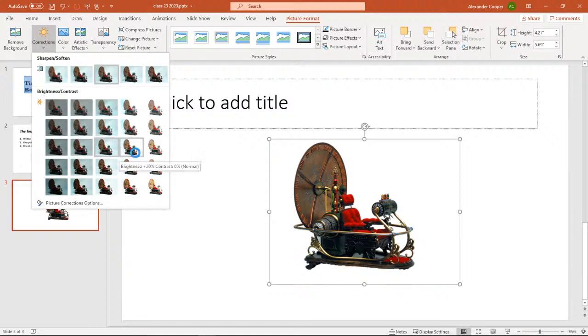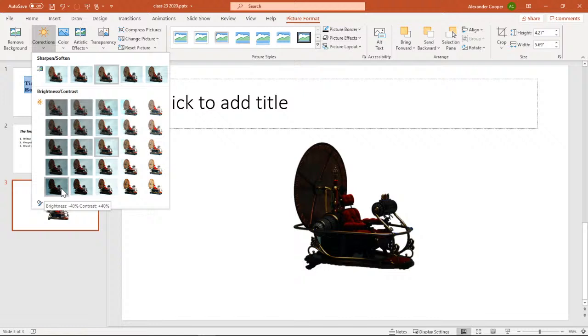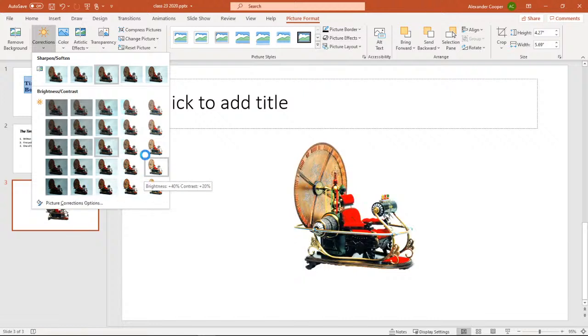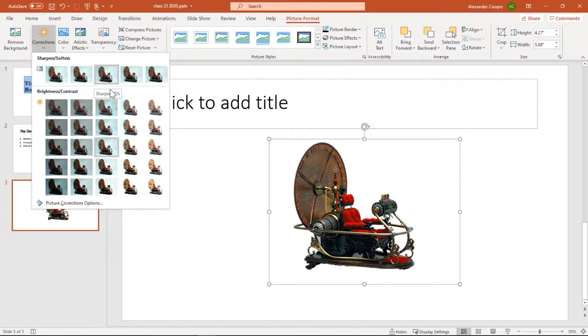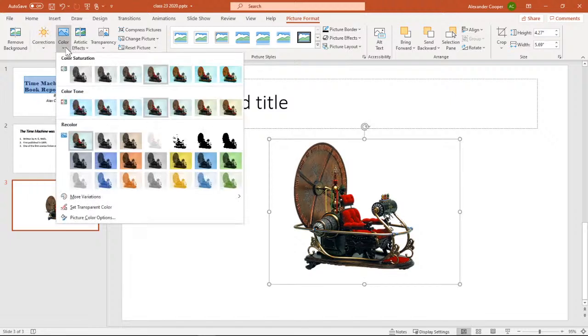So what if you had your picture, maybe it was too dim, maybe it was too bright. I think we actually look okay. It gives a little bit of a preview. Here's our sharpen or blur. Let's talk about our color effects. This is interesting to me because not only can you make something look black and white if you need to, maybe a little bit more artistic, which we'll play around with some of the other ones on there, but you can actually recolor.